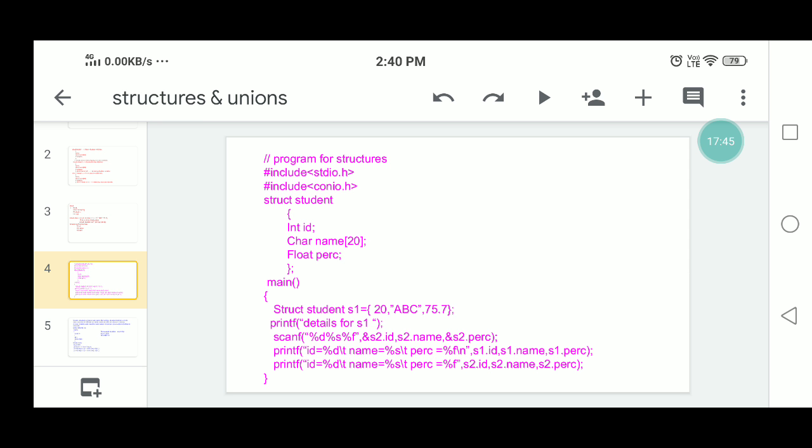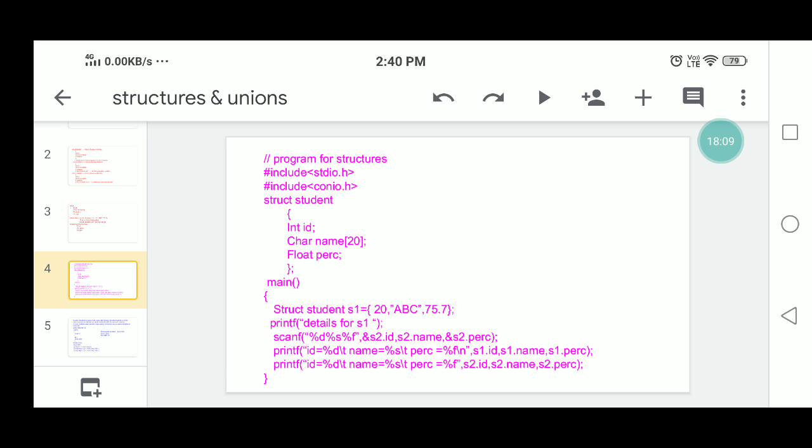Here for ID it will occupy 2 bytes of memory, name occupies 20 bytes of memory. Each and every character takes 1 byte. Percentage takes 4 bytes of memory. So finally the total memory occupied for the record is 26 bytes.